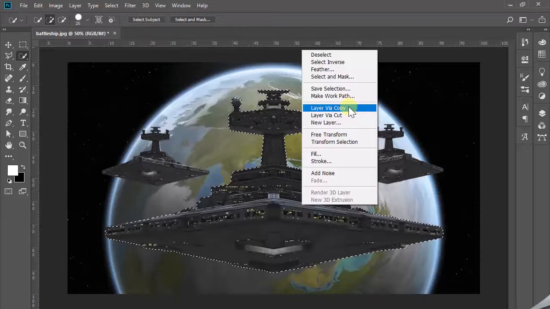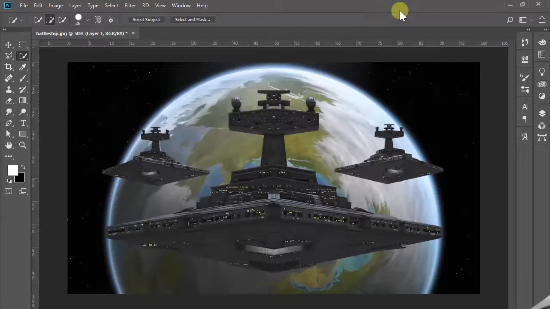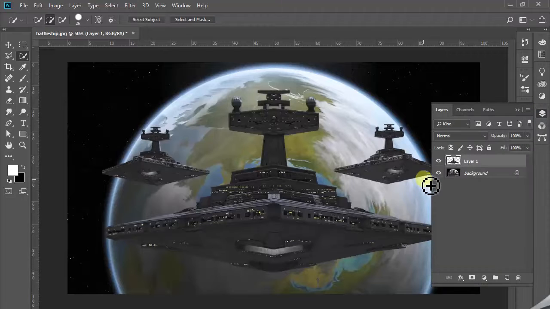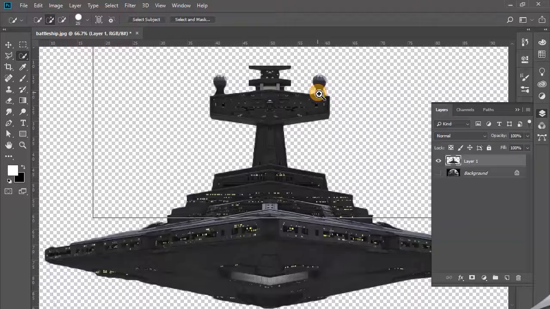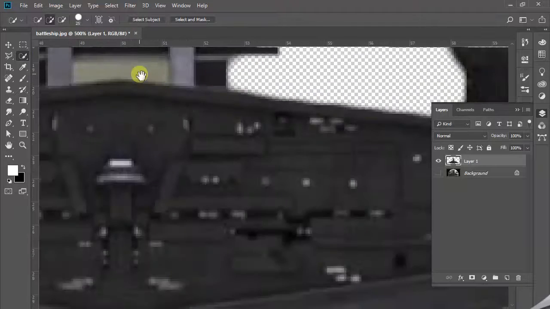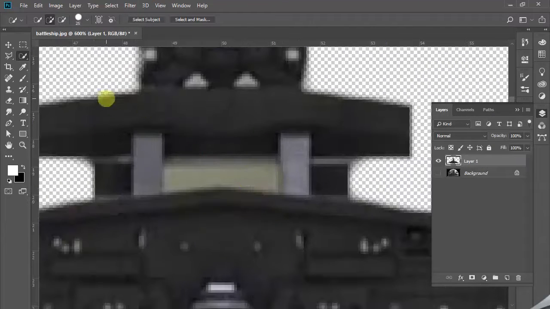Or you can just press Control J, and that'll turn your selection into a copy on another layer. And then you can check and see if this is everything you wanted. That does look like it's cutting through to the background right there, so I'm going to go old school and